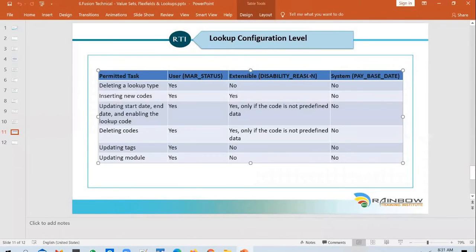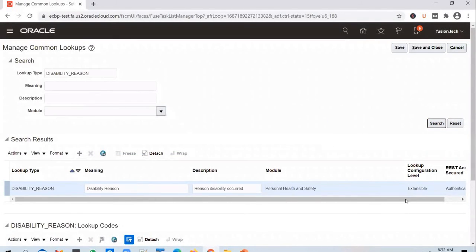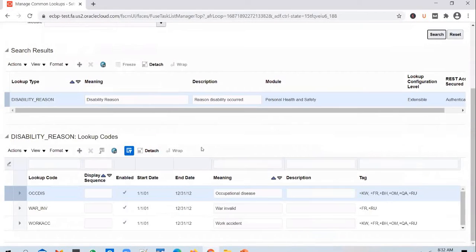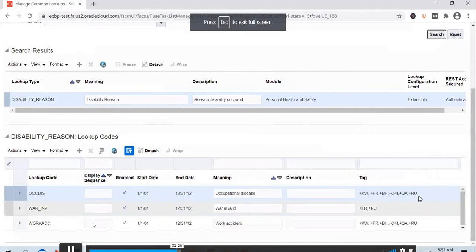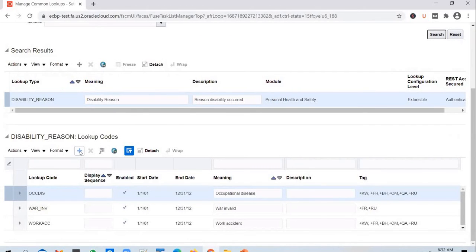So if you look at the disability reason, this is another seeded lookup. You search for it. This is an extensible lookup. And since it's an extensible lookup, you will not be able to edit the existing entries or delete them, but you can add in a new entry, which means you can extend the lookup.